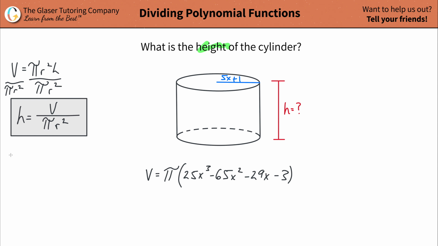We're going to plug in then the volume. Okay? It's going to be pi multiplied by this whole bunch of stuff, 25x cubed, minus 65x squared, minus 29x minus 3. And that's all then going to be divided by pi times the radius, 5x plus 1